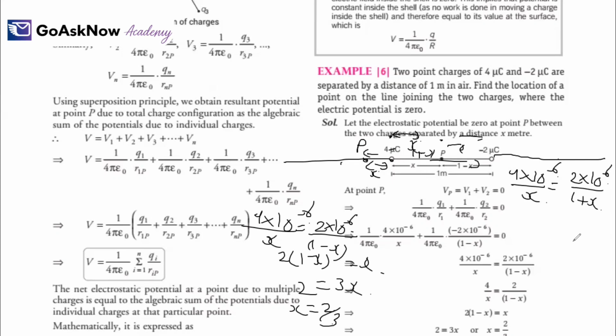So I am solving for any point on the left hand side. Now solve this: 10 to the power minus 6 and minus 6 cancel out. You will get the expression 2 into (1 plus x) equal to x only. Sorry, not 2x, but x only, because 4 by 2 gives 2. So after solving it, you will get 2 plus 2x is equal to x. So from here, you will get x is equal to